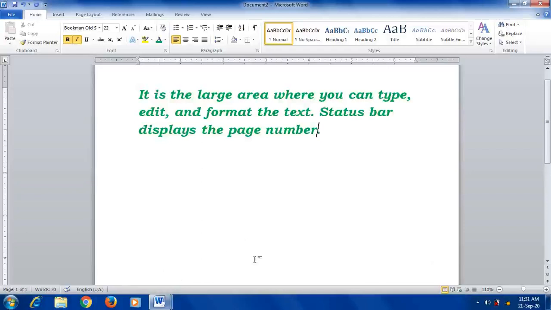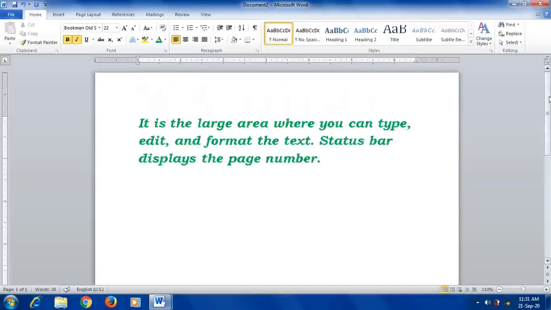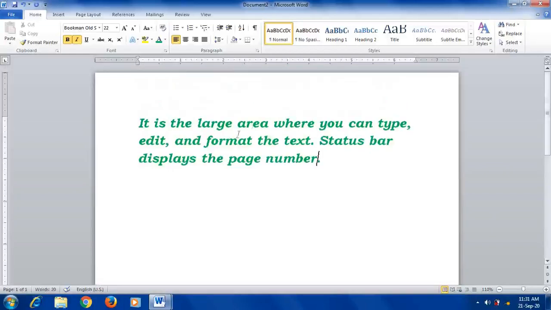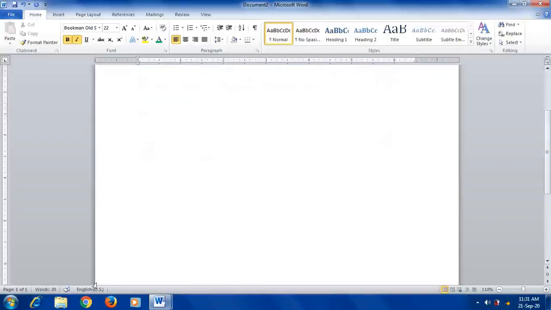The vertical scroll bar is located to the right of the document window and the horizontal scroll bar is present at the bottom of the document window.